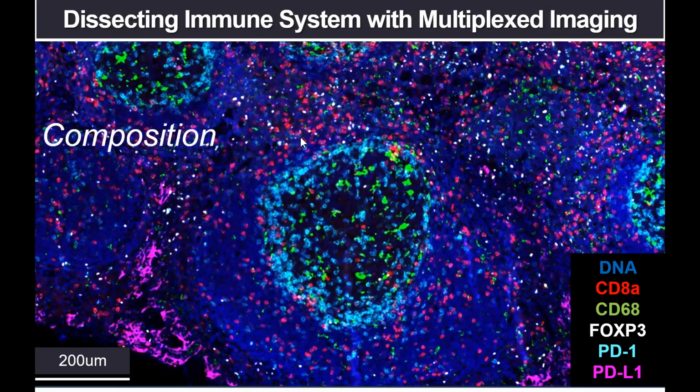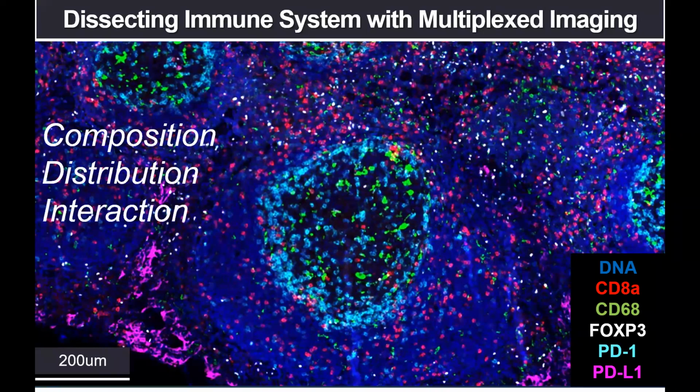So the first question we can ask, of course, is what kind of composition is within this microenvironment? The second is what kind of distribution of these things, which is basically encoded by the spatial information. And third is what kind of interaction there is between the individual cells. So I hope this introduction lays out our topic today,